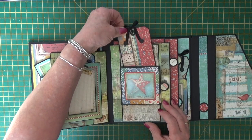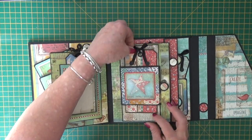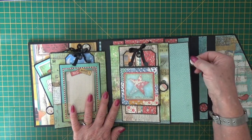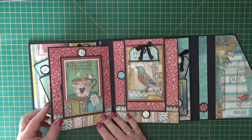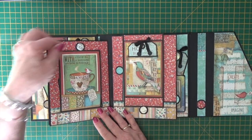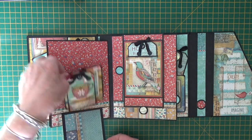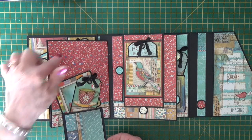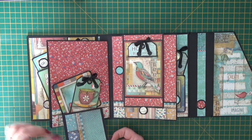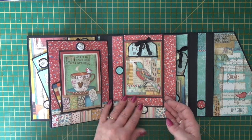And then a lovely long tag if you wanted to write about the pictures in your album that sits right behind it. And again, a larger pull-out photo mat at the side there. And then we've got a flippy up page, a flippy down page here. So a really nice place for pictures with a pocket behind with a couple of tags in. And a nice area to put a picture on the page as well. So that one closes with a magnet, and then this one flips up the other way,